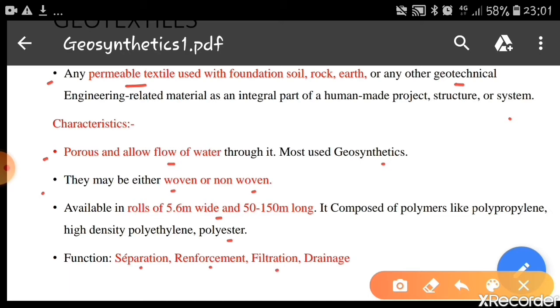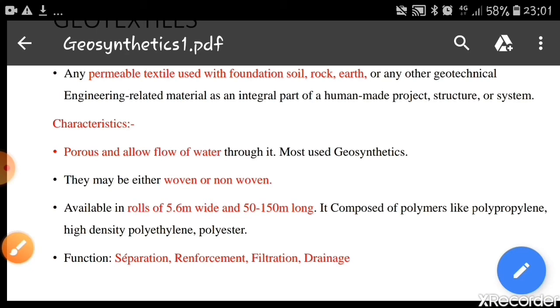They can be used as filtration materials. Sometimes in drains and all, we have to use some filters, otherwise there are chances that these drains will be clogged and finally they will be blocked. So to prevent that, we can use these geotextiles as filtration materials, which will allow only the water to pass through them, whereas the soil particles are retained by this material. Even in drainage also they can be used, so that the water flows easily through these pipes. These are some of the applications of geotextiles.